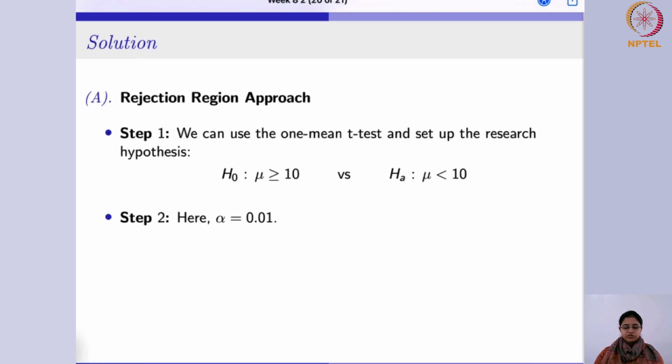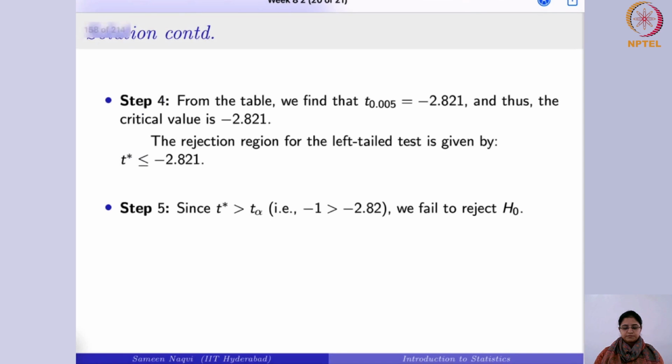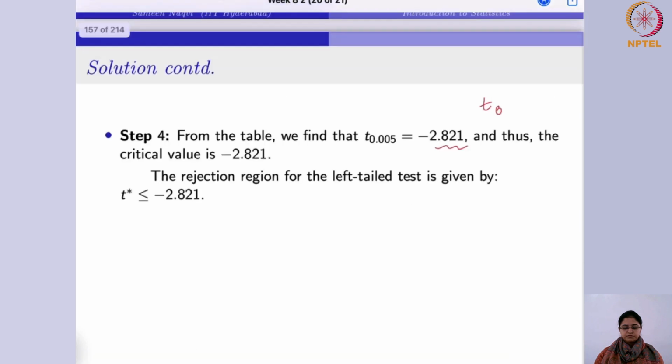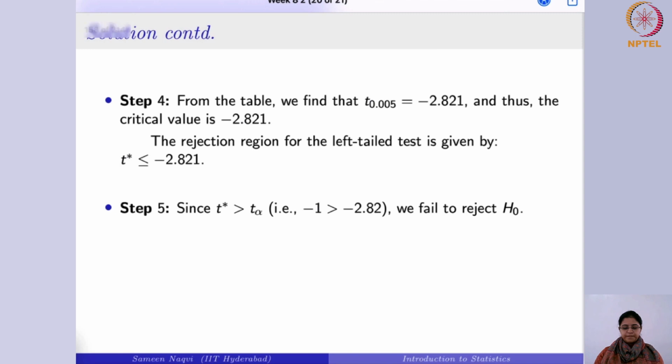Okay, since alpha is 0.01, just cross check this value, I think it would be t 0.01, because it is left tailed only, so either this is a typo error or, if this is the actual value, minus 2.821. So considering that here it is the correct value, minus 2.821,